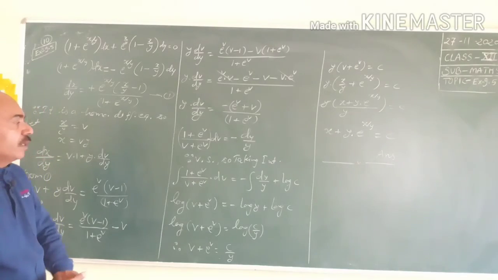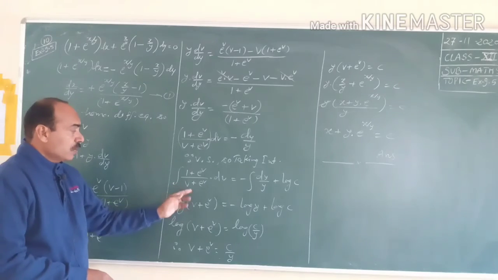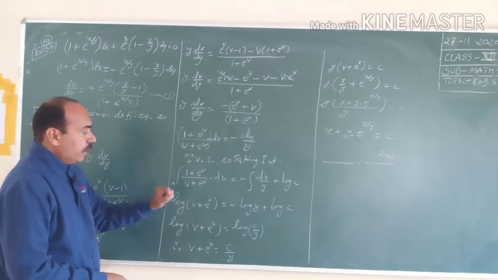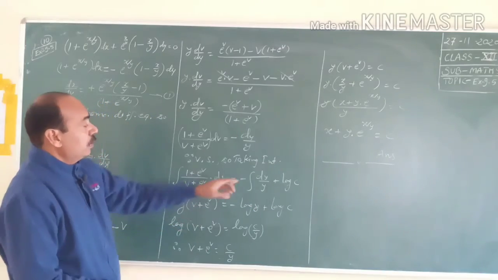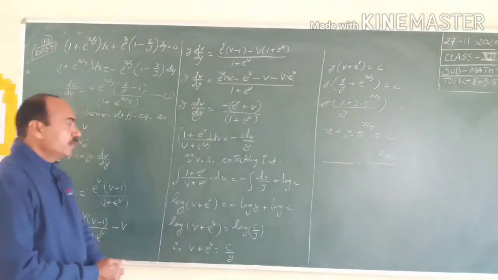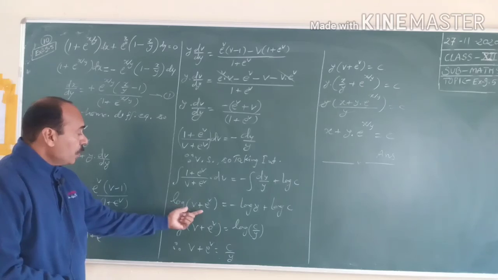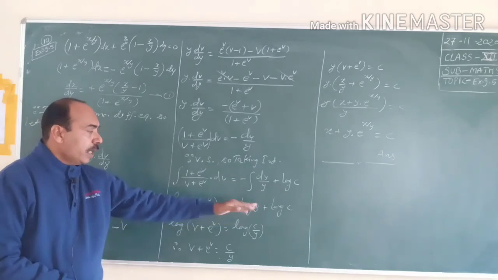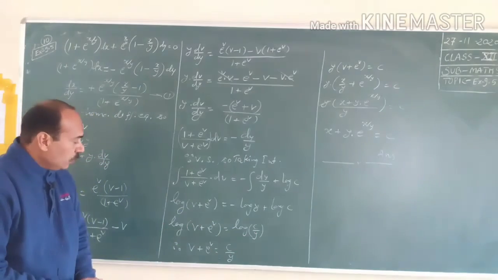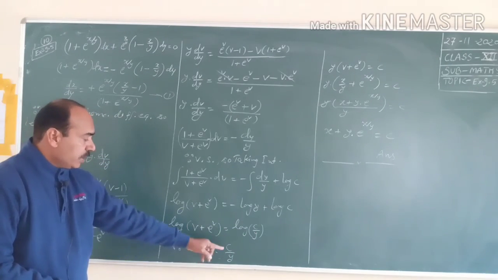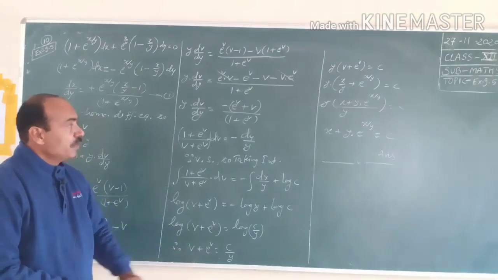So in place of c, write here log c, because the integral of this item is in the form of log, because its differential is present in the numerator. Here also its integral is log of y. So write log c, which is the integral constant. So its integral is log of denominator, here also minus log of y and log c. By logarithm rule it will be c upon y, log and log cancel out. So only v plus e to the power v, and that side c upon y remaining, y transfers here. So y into v plus e to the power v.